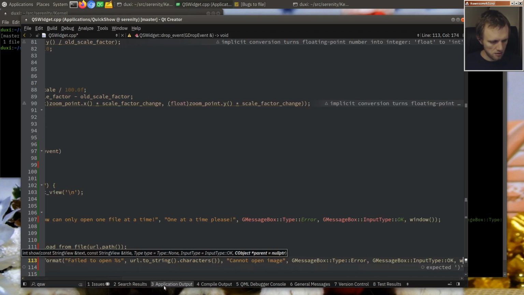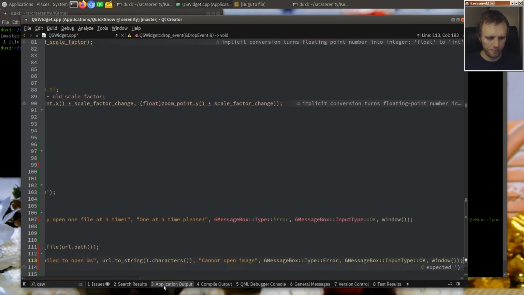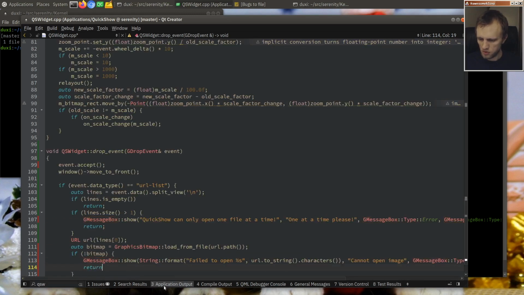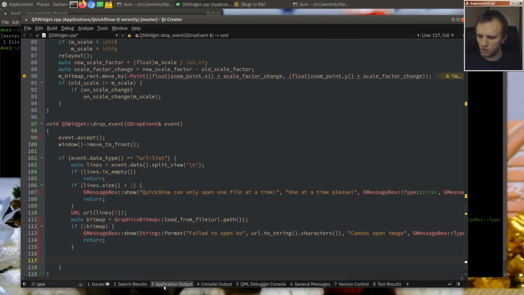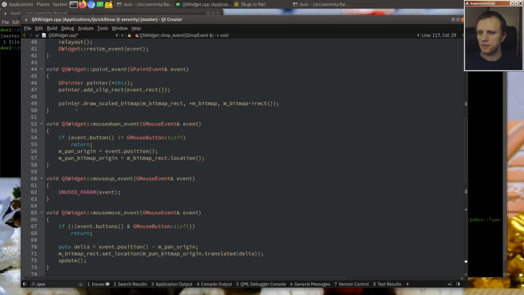Okay, center above this window. Return. And if it does work out, then we'll say mPath is the URL.path,